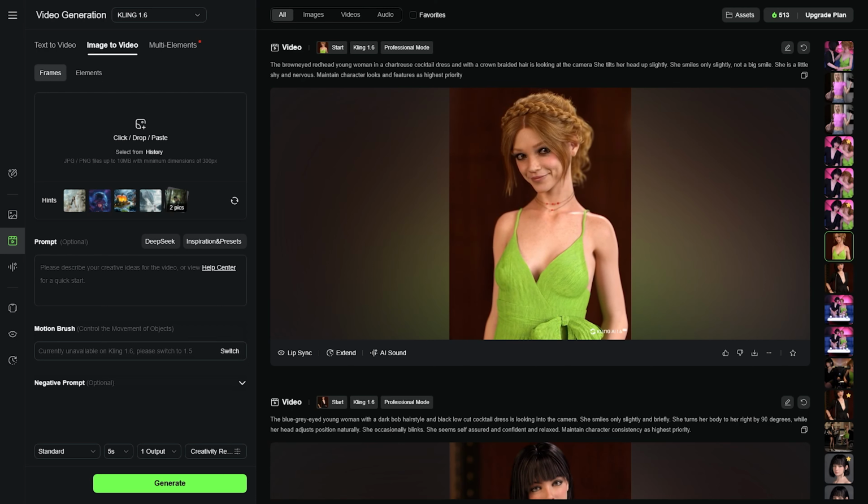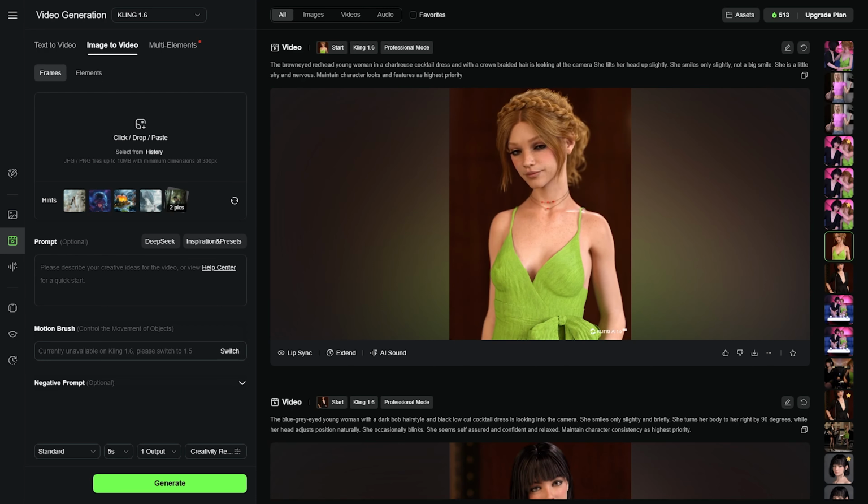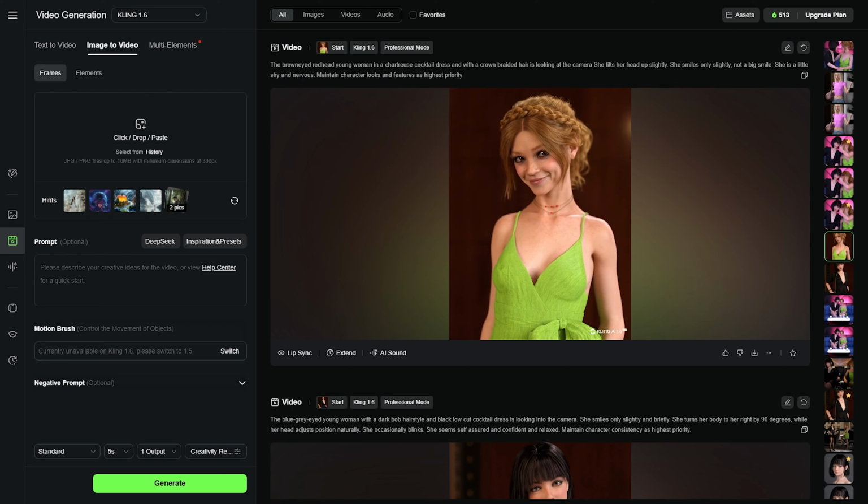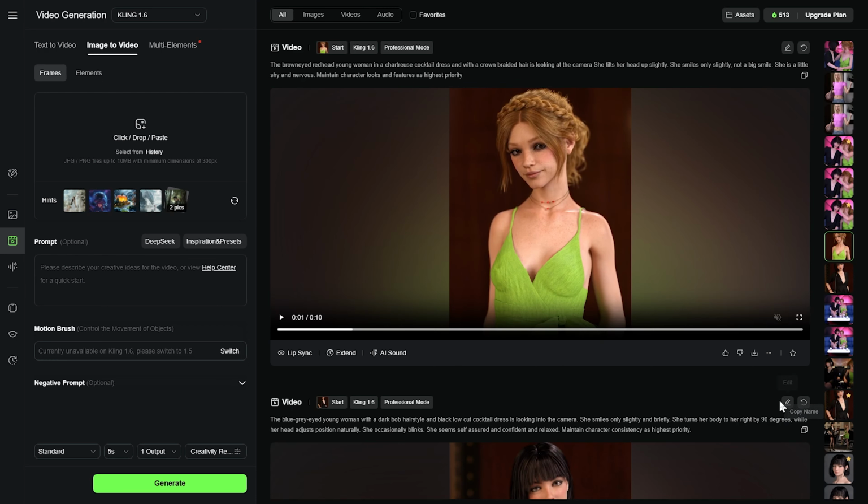It definitely caught that on this one, because she's not looking up at you boldly. So that actually does show in that case that she is a little shy and nervous in the prompt, and it actually did follow it. Okay, here's one from the same